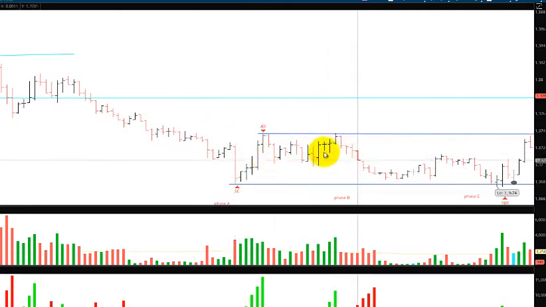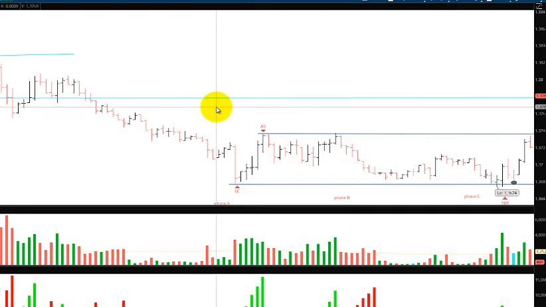And then we move into phase B, where it starts to fill out this consolidation range to the side, and it starts to move sideways. We get tests of resistance, we get tests of support. And that's where it gets pretty choppy for a lot of people, and they tend to lose a lot of money trading inside of these phases of consolidation, which is phase B, and that's where I usually stay away. Again, when I first started trading, in the first year of my trading career, I would trade all of the time everywhere. I had no idea about these concepts. Like, I was not aware of, or didn't know how to find, the choice location to get into a trade. Let me show you what it actually looks like.